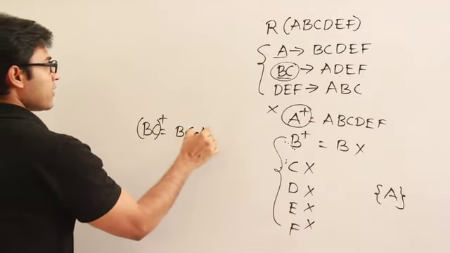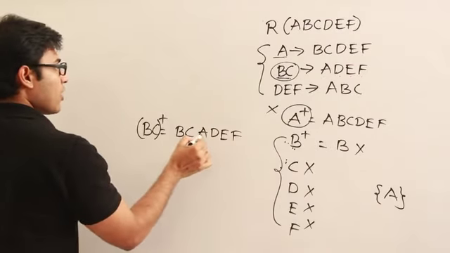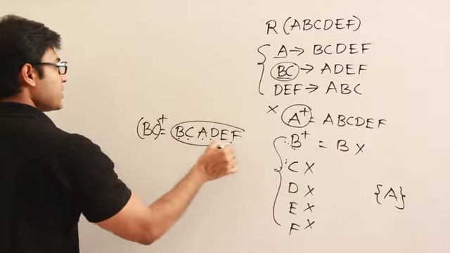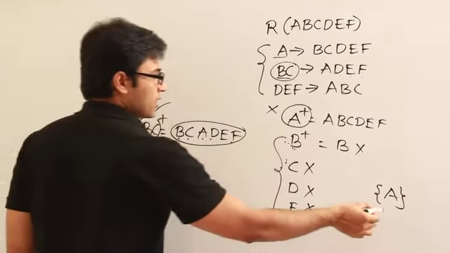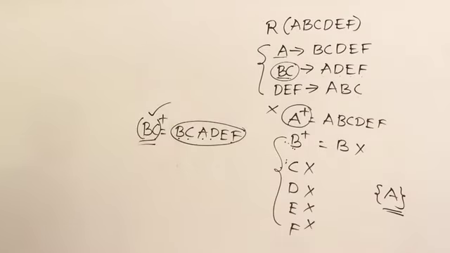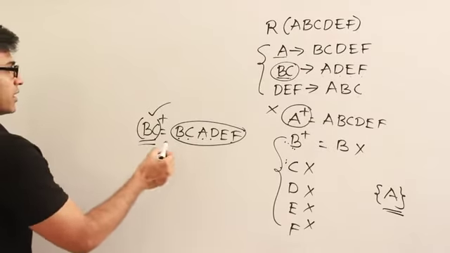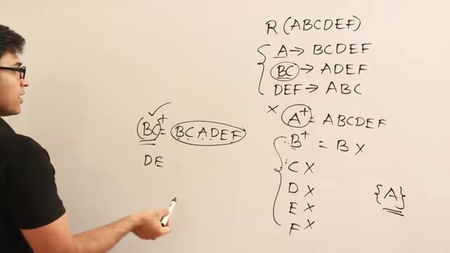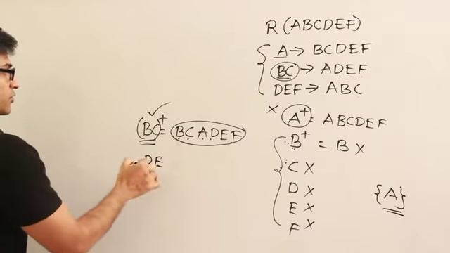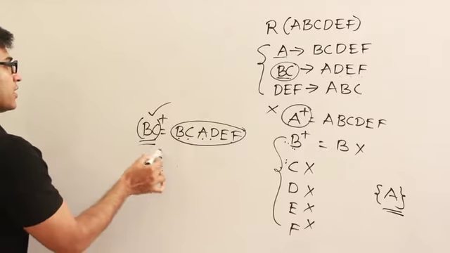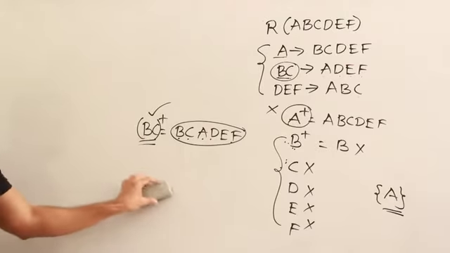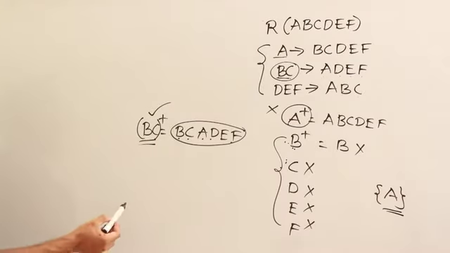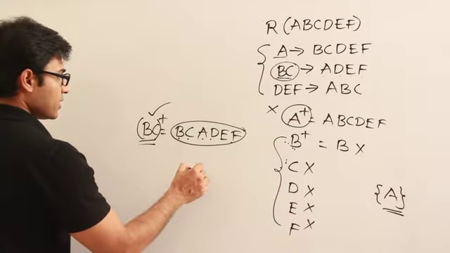One thing is I get BC, another thing is I get ADEF, right? Now A, B, C, D, E, F, everything is present here. Therefore, BC can be a candidate key. So A can be a candidate key and BC can be a candidate key, right? Now why is only BC possible, you can test it out. Other than A, you take any combination, let's say DE, no, we cannot get anything other than this, because no left hand side is formed either with D or E or only with DE, right? Therefore, you can take any two attributes and you will see that you will not get anything other than this. So with two attributes, I get only one candidate key, which is BC.